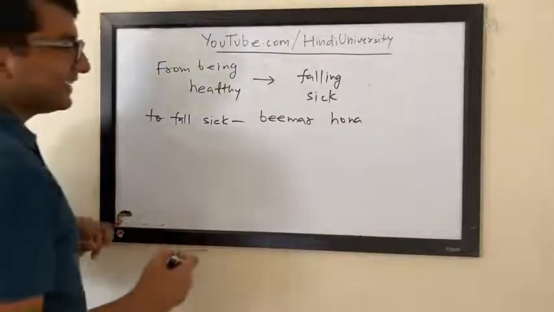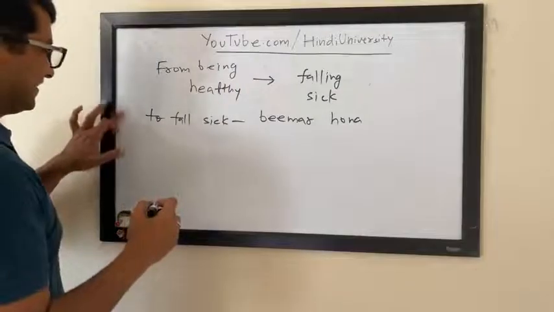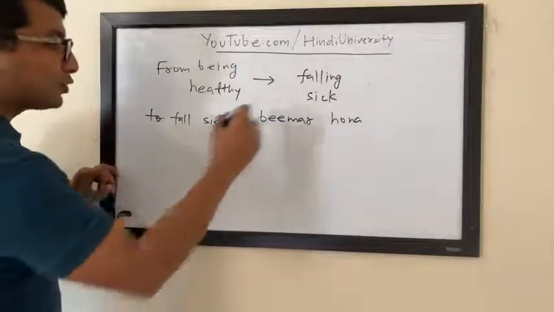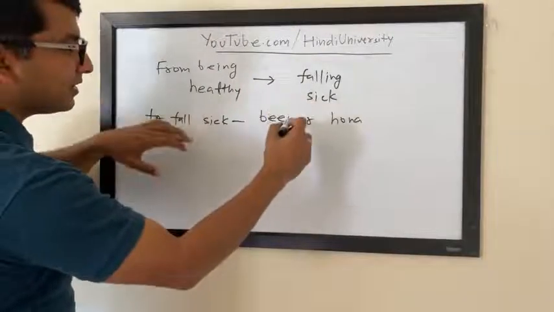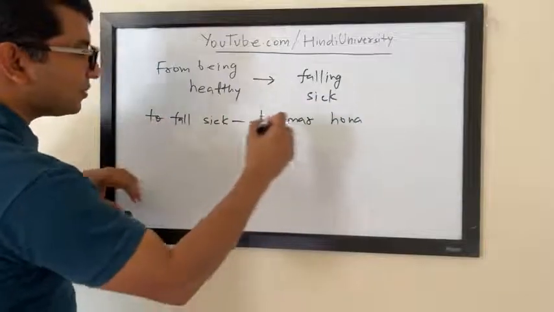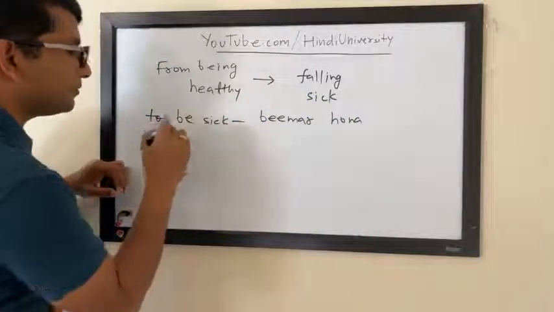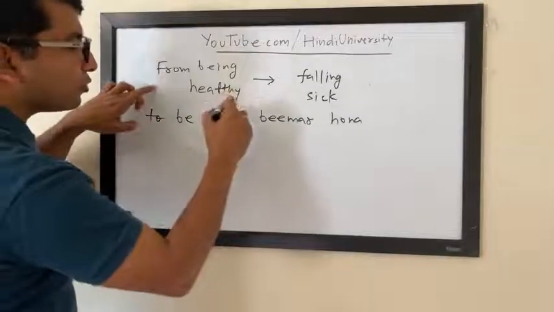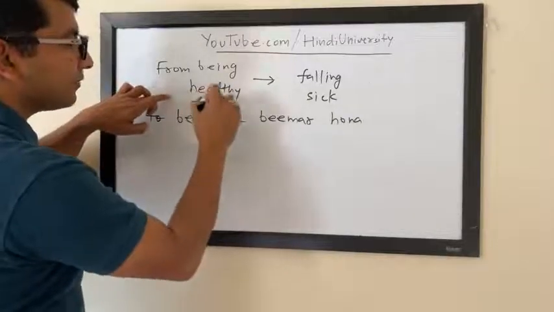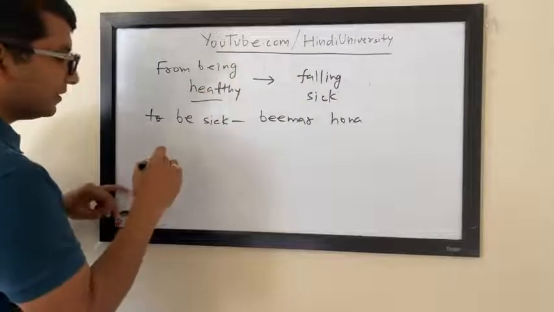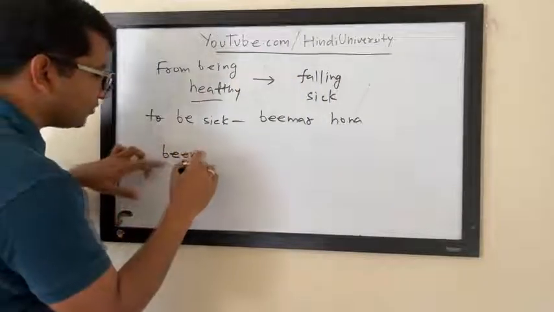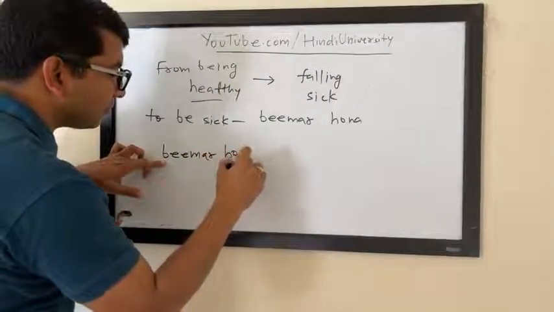To fall sick sounds like it would be more like you would do the jana with it. Yeah. So like you're changing the state. Bimar hona is to be sick. Right? Yes. To be sick. Now you want to show the transition from this state to this state. So what will you do? Bimar hona you will use along with